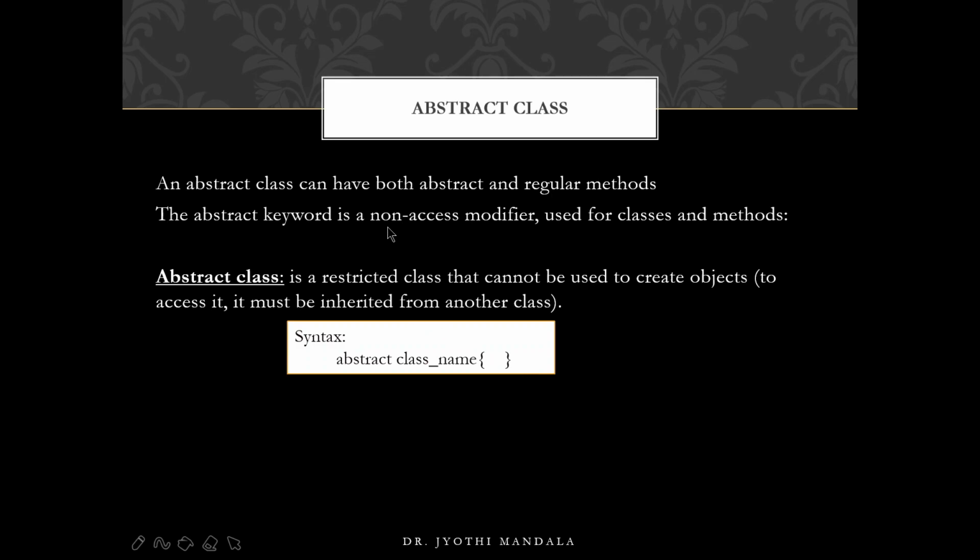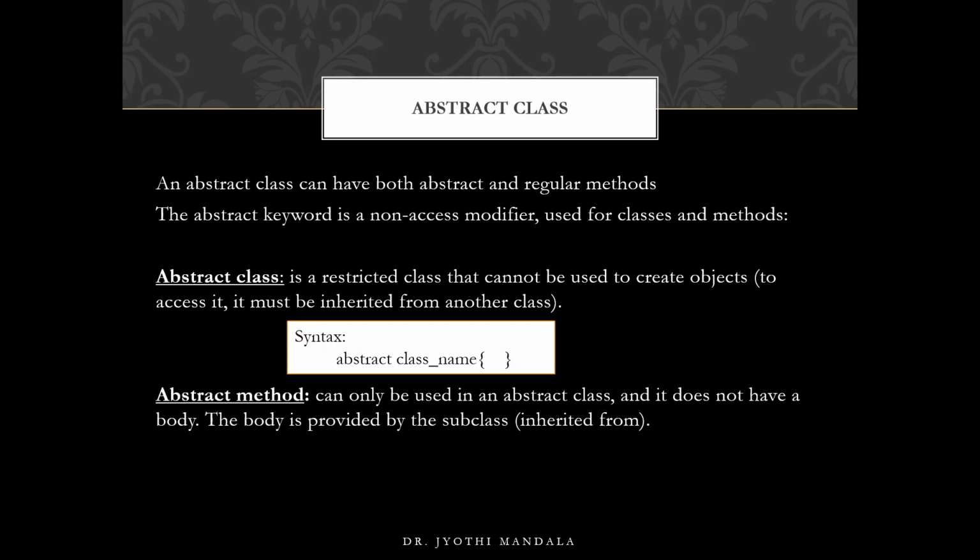The second thing is we can use this abstract keyword with a method also, like this. That means if you are trying to write an abstract method in any class, that class should be an abstract class. What do we mean by an abstract method? We are not going to define that method, we are just declaring it. Such a method is called an abstract method. And remember, an abstract method is to be written in an abstract class only. In a normal class we can't write an abstract method. We only declare the method, and the definition is provided in the subclasses through the inheritance property.